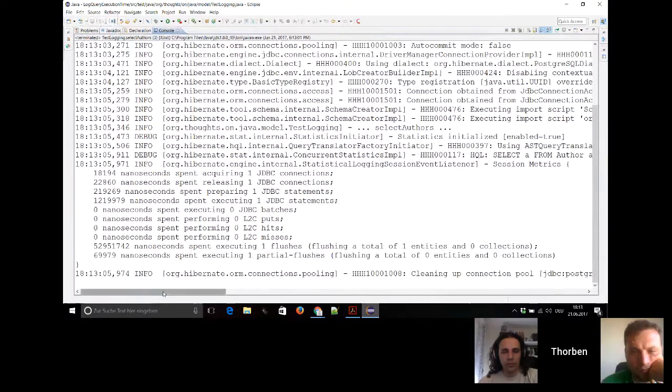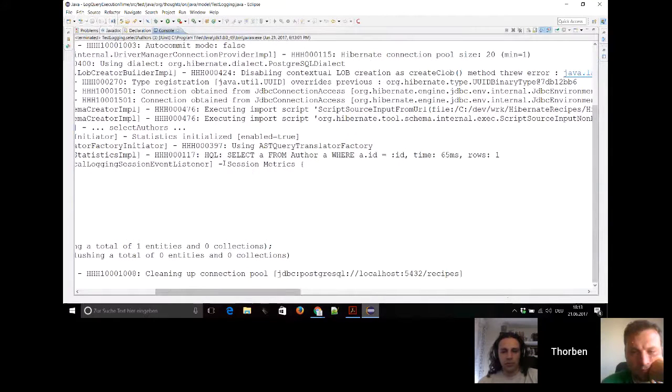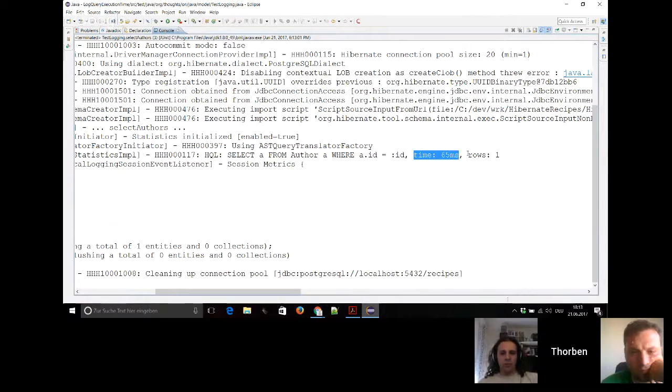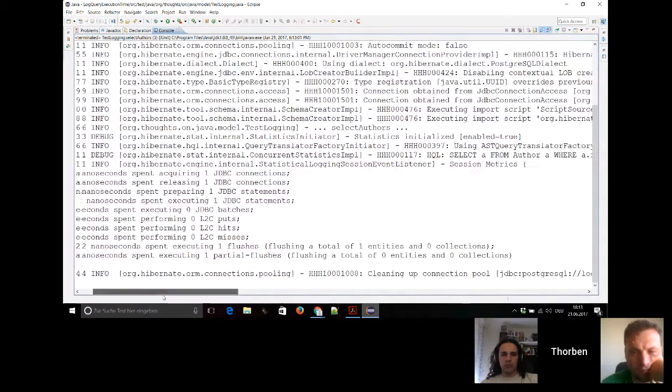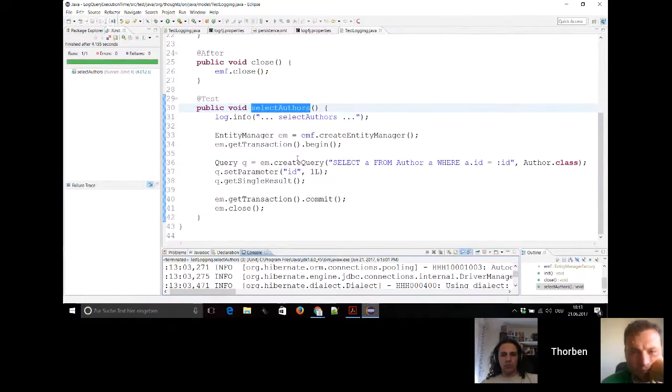Okay, so this looks pretty similar to the previous one, but now you can see here that Hibernate logged the HQL query that we executed in the test case. It also tells us how long it took to execute this query and how many rows it returned. So if you use this together with the Hibernate statistics and probably also with the SQL statement logging and bind parameter logging, you get all the information you need to really understand what's going on